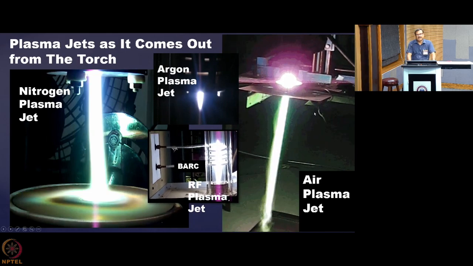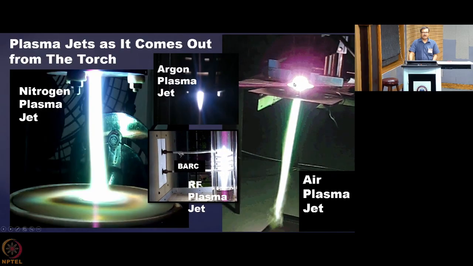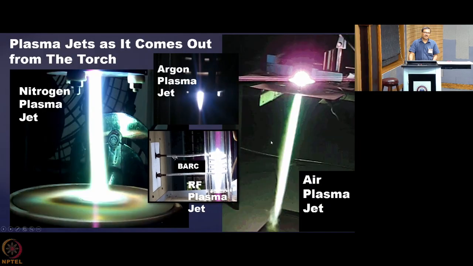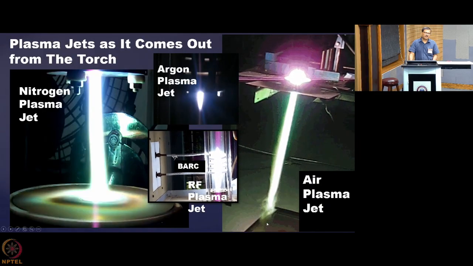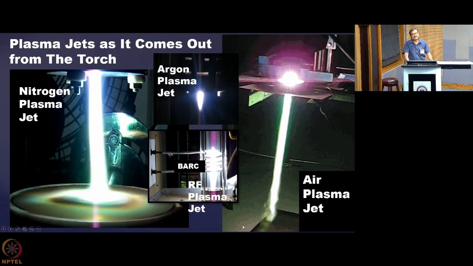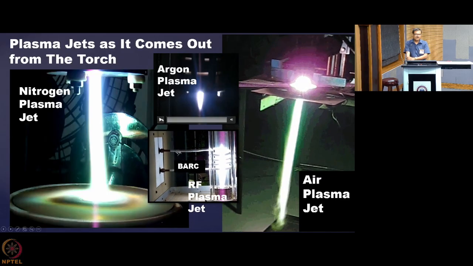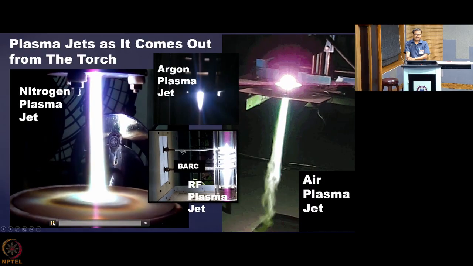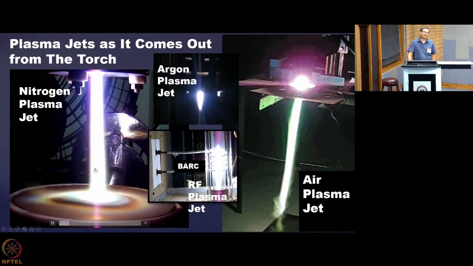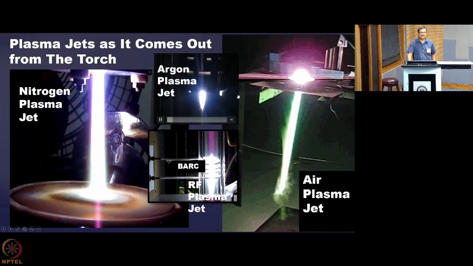But here what you are seeing is that the air plasma jet is jumping from here to here, and that jumping is continuing. It is sometimes so long that it is hitting the floor from the top of a table, but many times it is jumping back to a shorter length. Now, I will show you how this nitrogen plasma jet behaves when it runs. Okay, and this is an argon plasma jet. When it runs, you see that it is running.